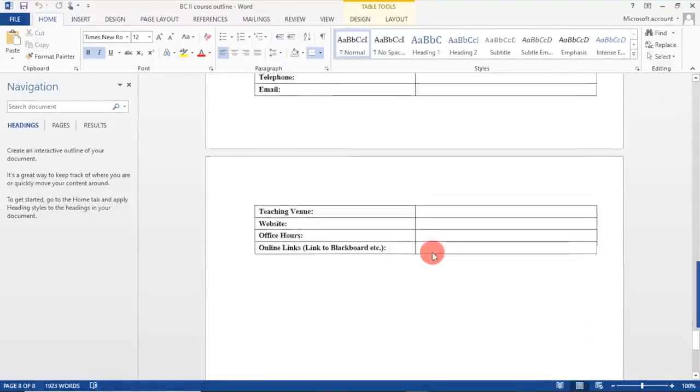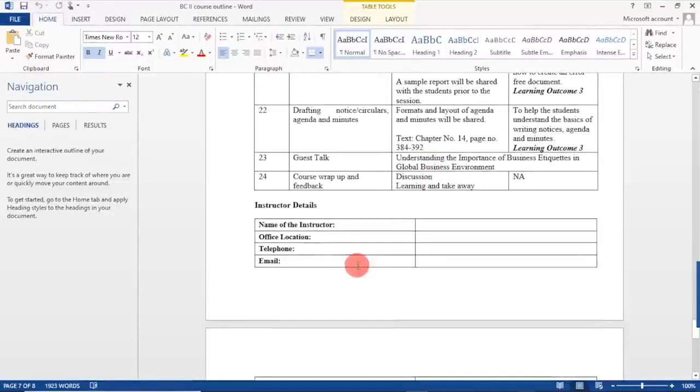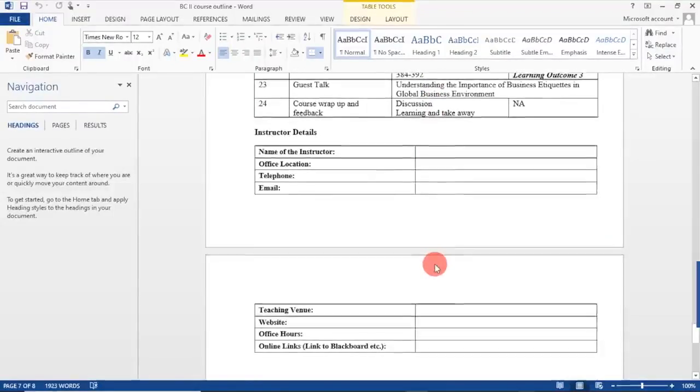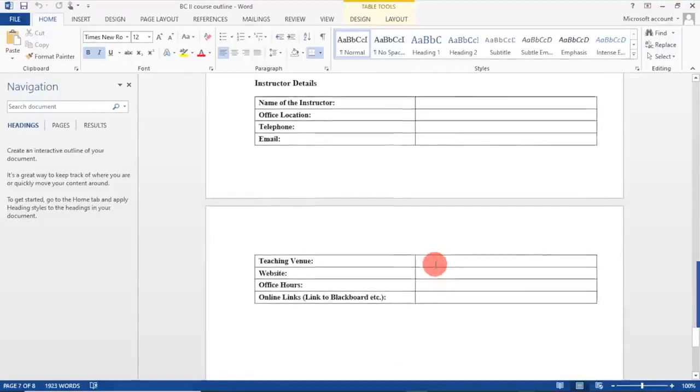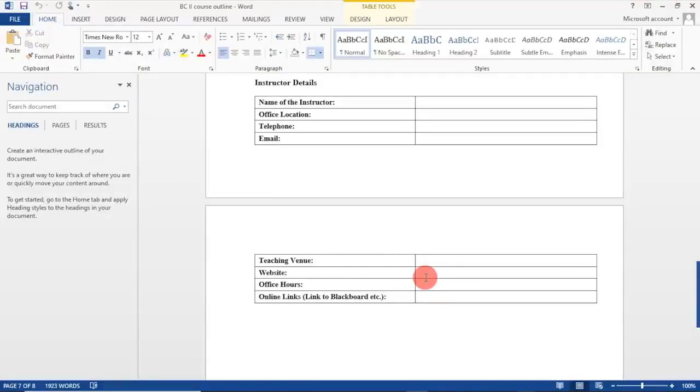Just see how systematically this document has been prepared. Going for giving your name, where is your office, first floor, second floor, give your intercom number, give your email ID for better connect with the students. Which room number do you go for teaching that particular class, right? Because in case of university, infrastructure may be a constraint, so a particular room may be specified or a set of rooms may be specified on the timetable. Go in for writing this.